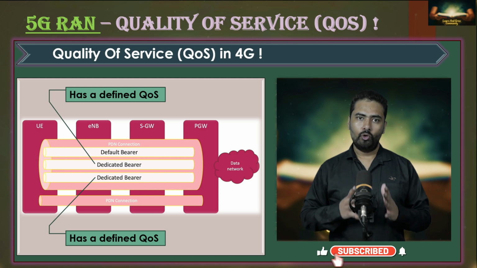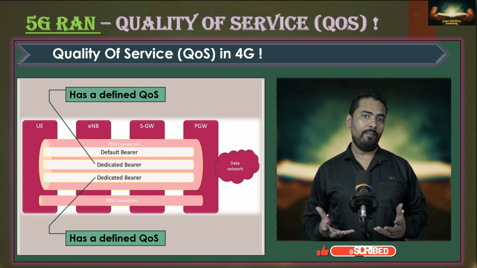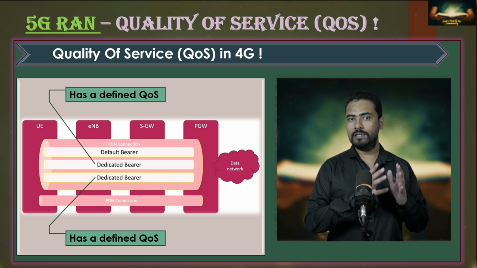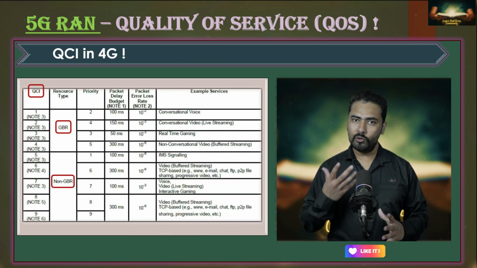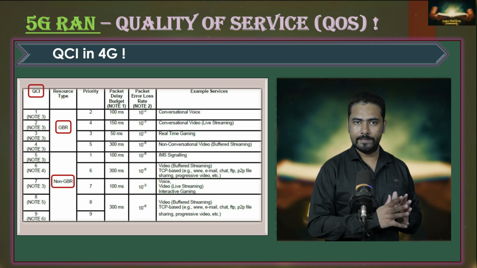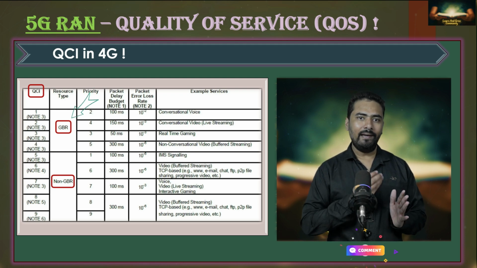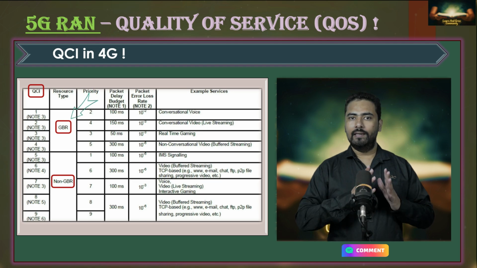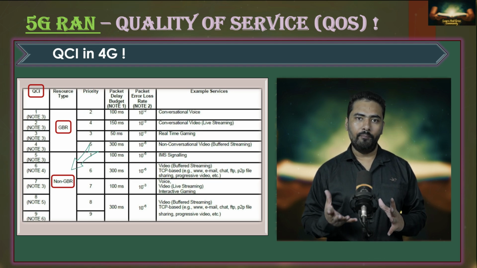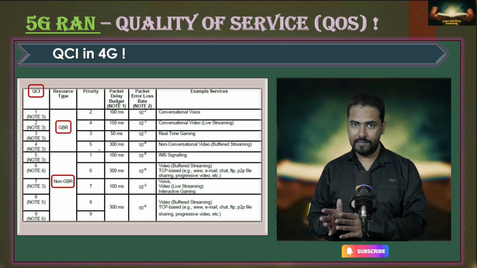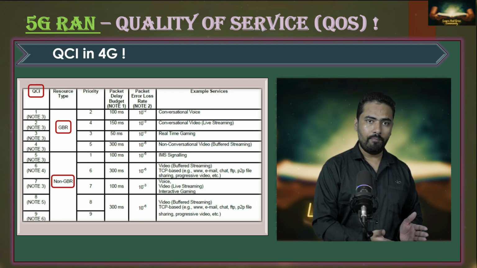In 4G, QCI, or quality of service class identifier, is the parameter which is used to define the specific QoS characteristics for a connection. Depending on the QCI values, there are two kinds of bearers. The first one is called GBR bearer, or guaranteed bitrate bearer, and the other one is non-GBR bearer, or non-guaranteed bitrate bearer. Now this table is the relationship between the QCI value and its corresponding bearer type and packet delays